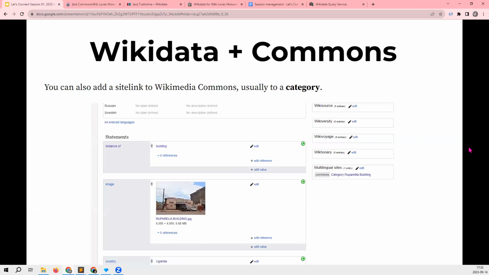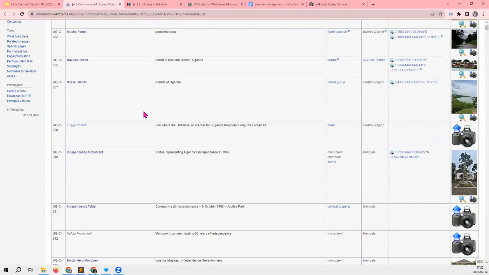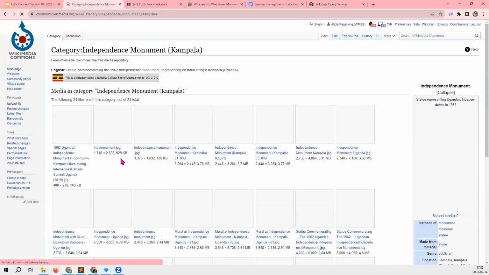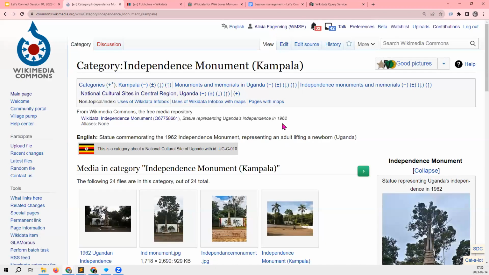Wikimedia Commons, the platform on which the participants in our competitions upload their photos, is also linked to Wikidata. We can look at a category, in this case of a monument in Uganda.